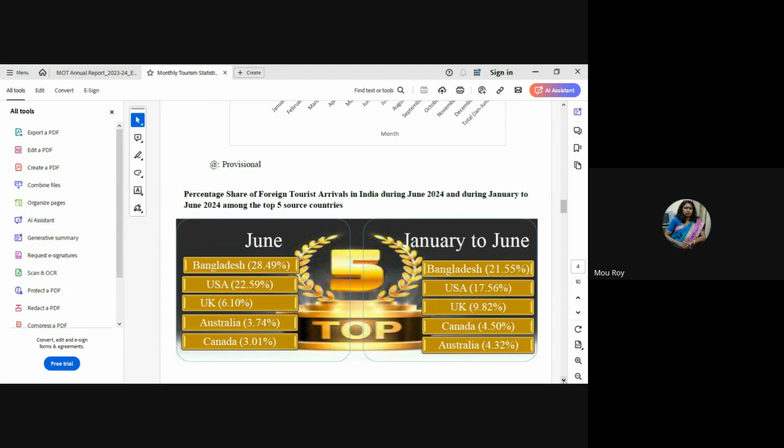See, this is the percentage share of foreign tourist arrivals in India during June 2024 and during January to June 2024 among the top 5 source countries. My God,